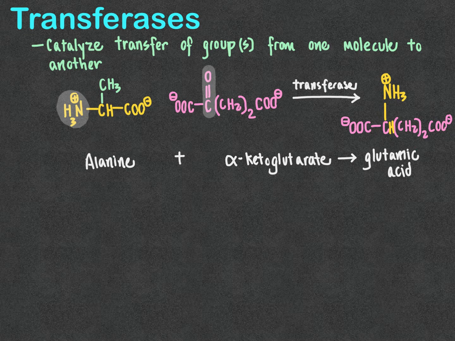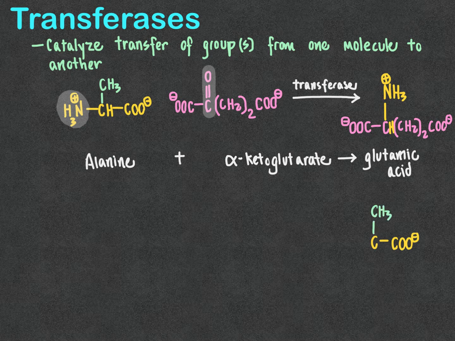Now you might ask, well, what is the other product of this reaction? We can draw out the other product of the reaction with the leftover atoms here. That is, from alanine, we have not yet used the CHCOO- and that green R group, our methyl group here. And so if we draw that out, that is going to become a portion of our other product of this reaction. So we have CCOO-. We used this H from CH to balance the equation over here in yellow and glutamic acid. So that C from alanine is still bonded to the CO-, it's still bonded to the methyl group, which I'll put in green,